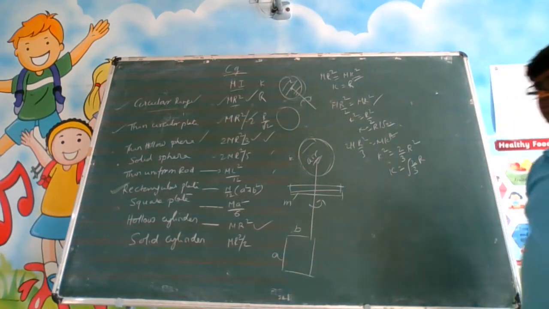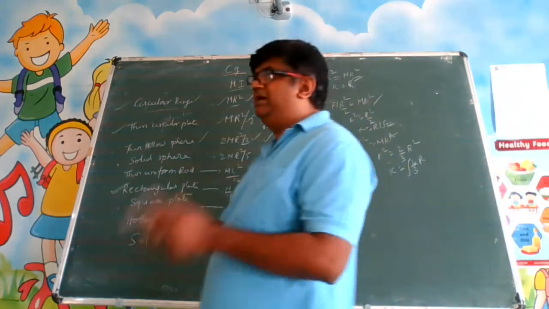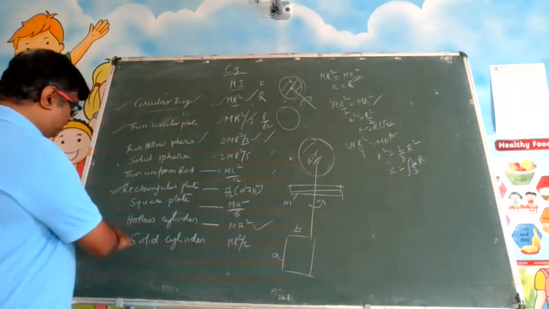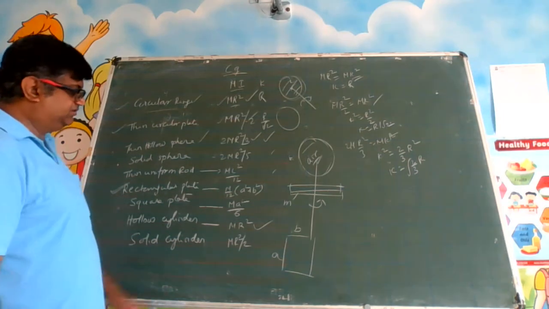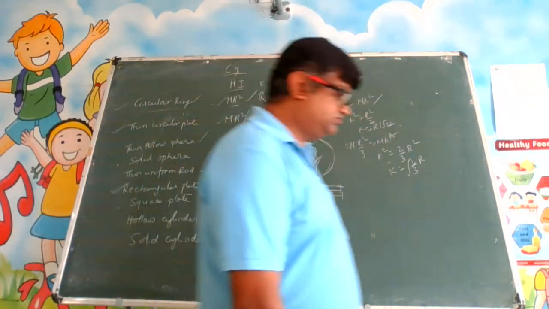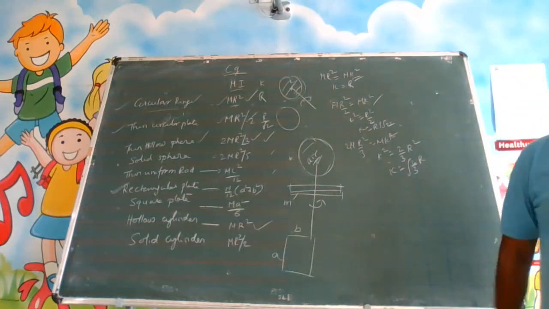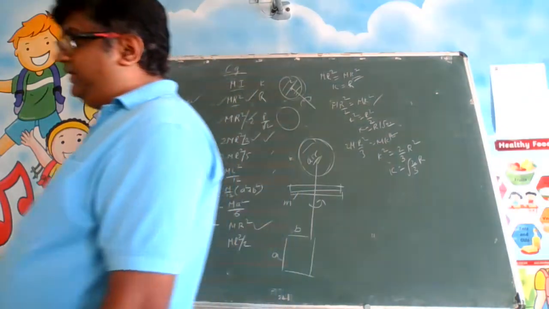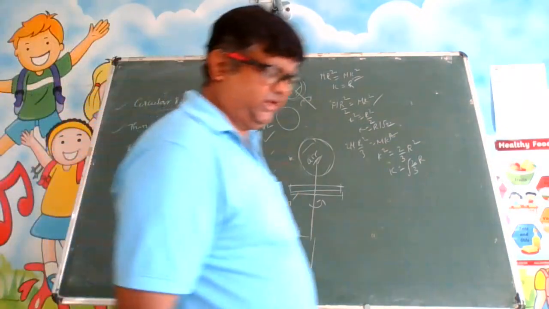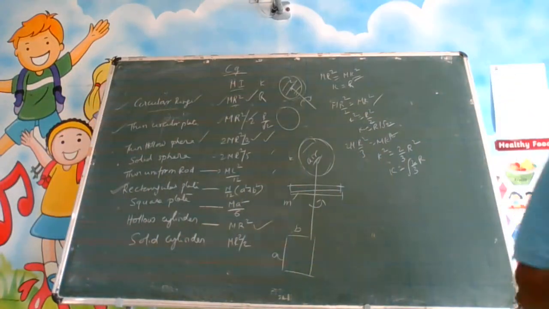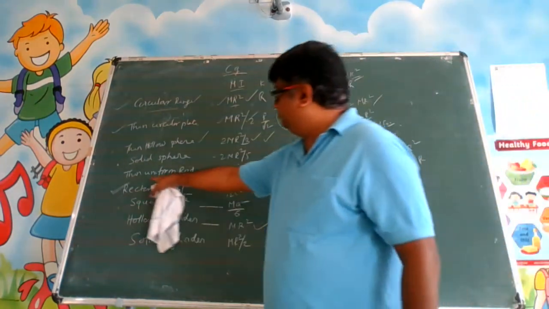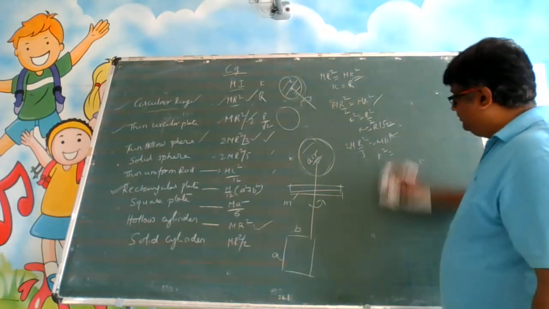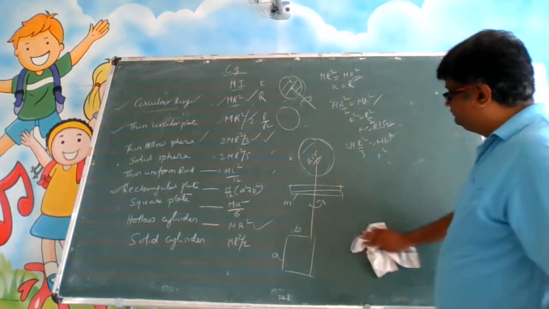Whichever has the greater moment of inertia, we are talking comparable. Mass is comparable, radius is comparable. Only that type of thing we are talking about. So the hollow cylinder has a moment of inertia equal to mr square. So all these derivations are not important, but just to explain how you can calculate, I will take one approach and tell you. You see, remember this, for uniform rod it is ml square by 12. Okay, so take a snapshot.